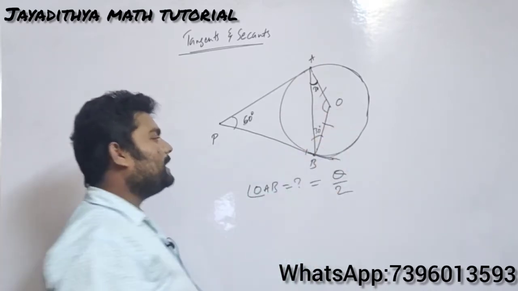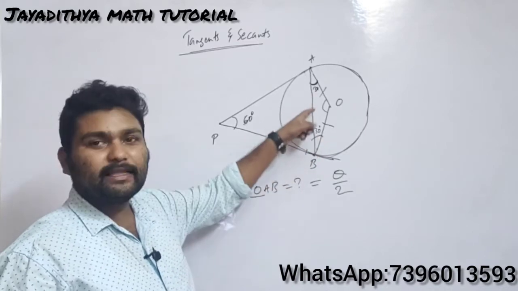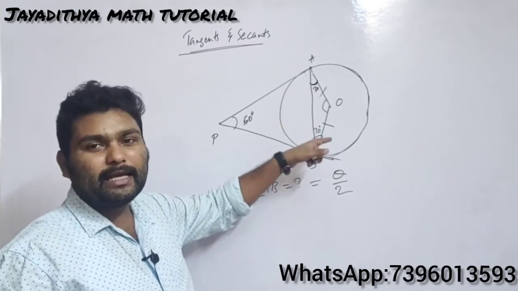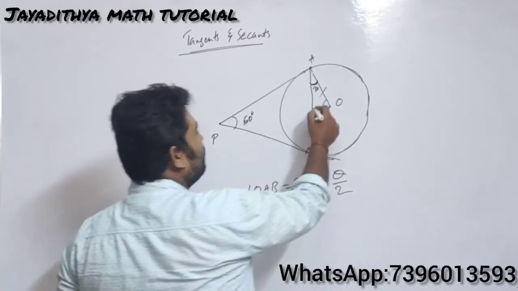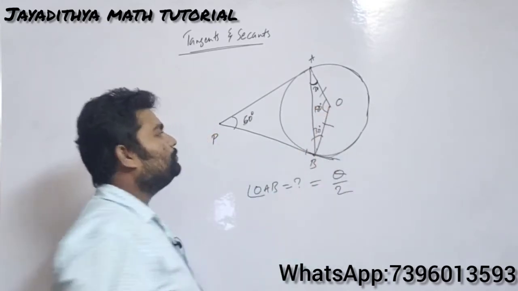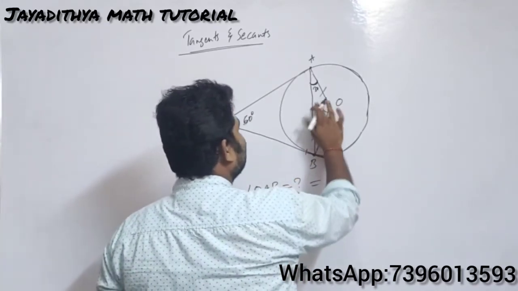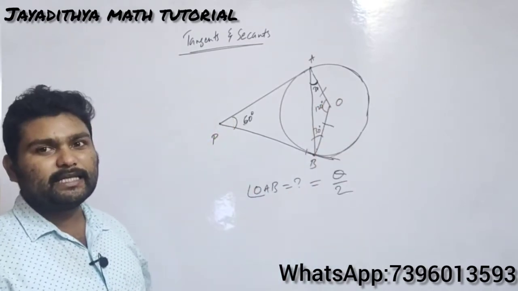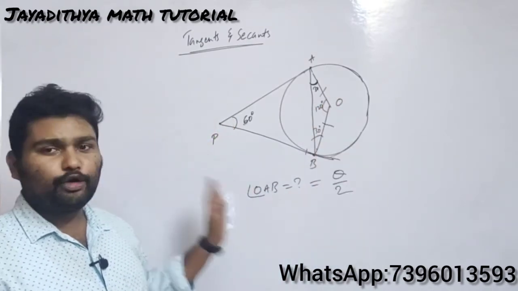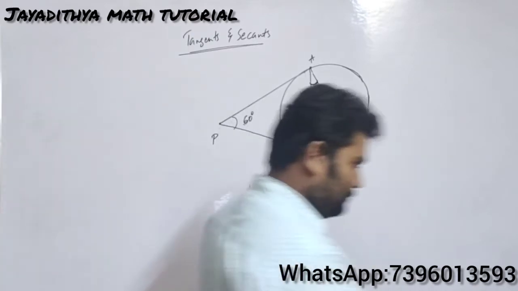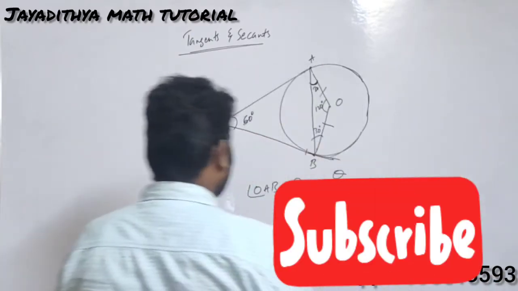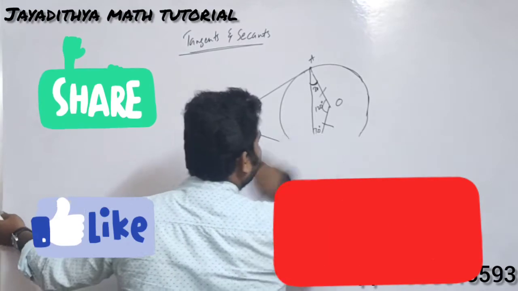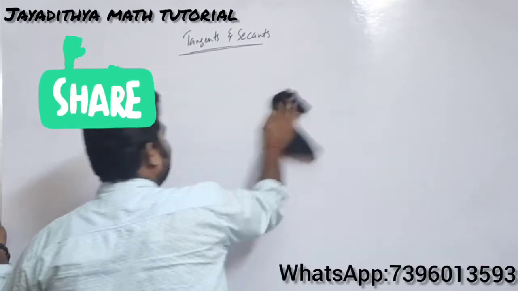Now you tell me, what is the angle AOB? If this is 30, 30 and 30 is 60. In a triangle, the sum of angles is 180. Already 60 is completed, so how much must this be? That must be equal to 120 degrees. This angle will be 120 degrees. So you should understand each and every concept here. I hope the concept is clear. Let us go for the next one. These are all the statements you should remember very clearly.